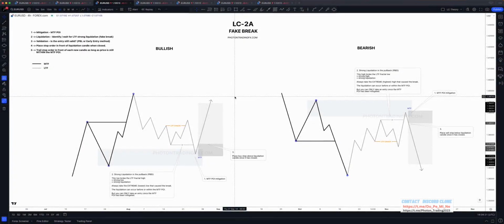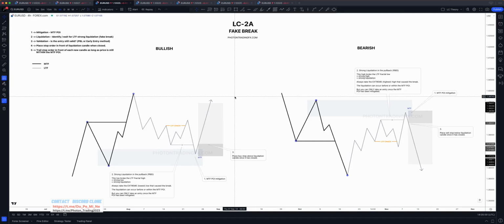Alrighty, so you are finally ready to look at our first entry model. So hopefully by now I've done a good enough job of drilling into your heads that this is almost the very last thing we look at when we are obviously on our charts. All of the hard work should already be done before you're even looking at your lower time frame to take the entry. All of the work is done on building the high time frame and medium time frame